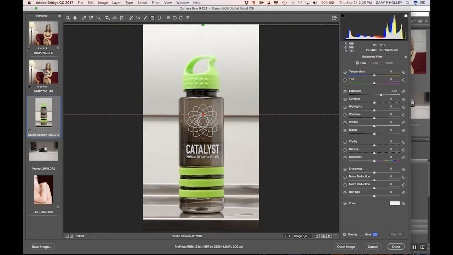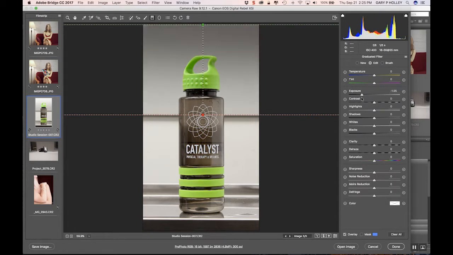So the idea with this is it's going to take from the green to the red 100% of whatever effect I give it to 0% of the effect. So what that means is here in this case, if I change the exposure up or down, it's going to blend 100% of the effect all the way down to here. Now I can start this lower, 100% of the effect, and that's when it starts to blend from this point